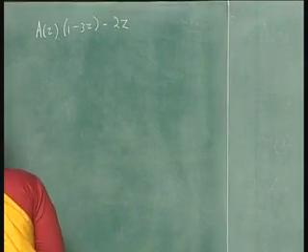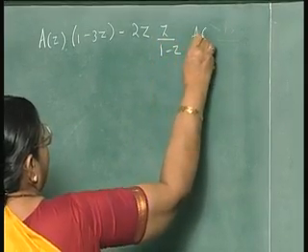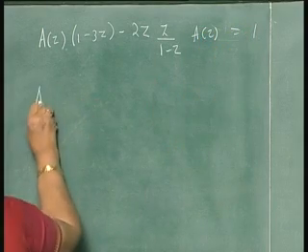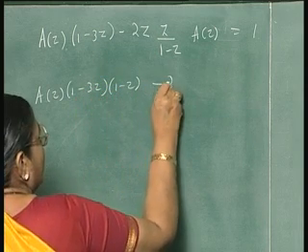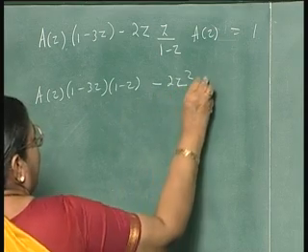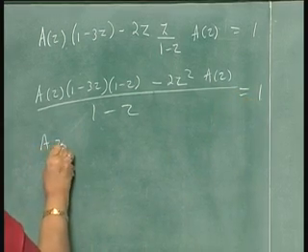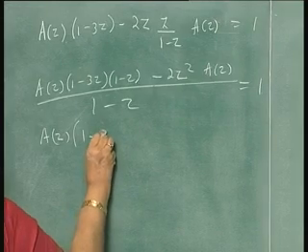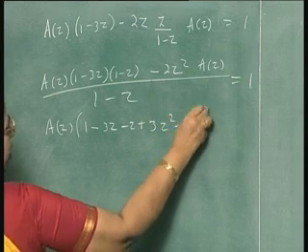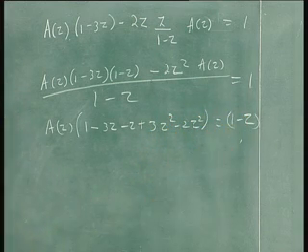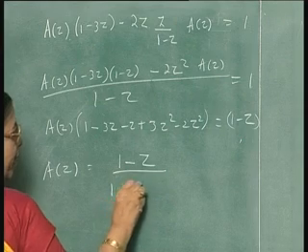Instead of B(z), again you can write this, it will be z by 1 minus z A(z) equal to 1, or you get A(z) into (1 minus 3z) into (1 minus z) minus 2z squared A(z) by 1 minus z equal to 1, or A(z) into 1 minus 3z minus z plus 3z squared minus 2z squared equal to 1 minus z, or A(z) is equal to 1 minus z by 1 minus 4z plus z squared,